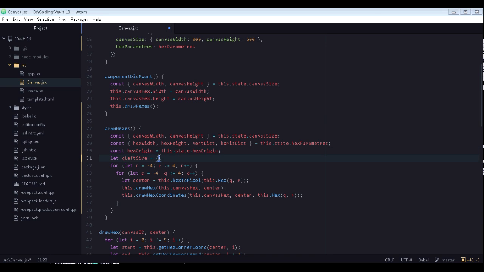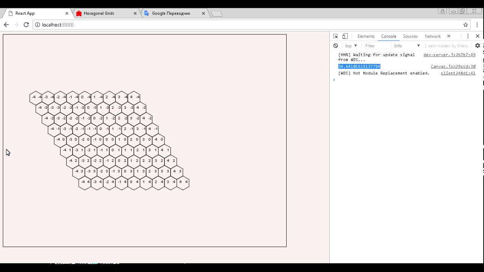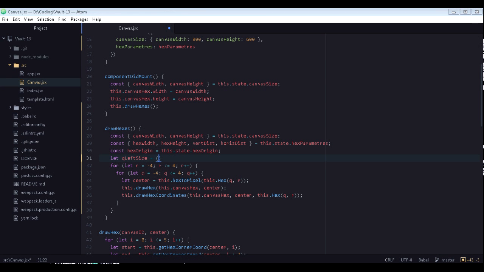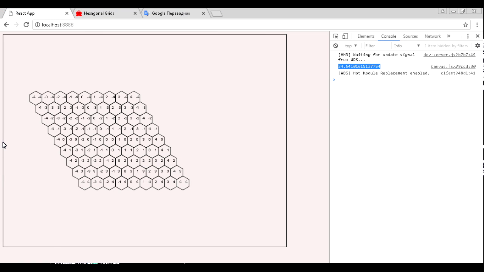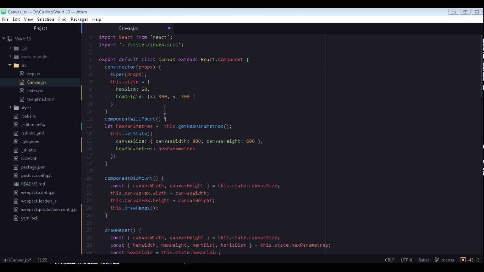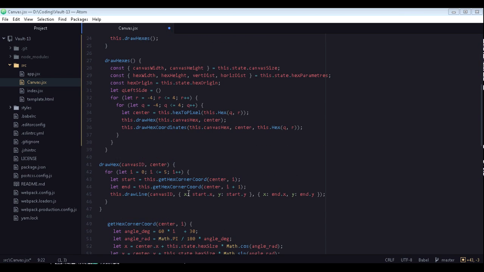So we created the hex origin variable, and actually hex origin is the distance between x0 and the 0 hexagon center, and it will be, for example, in our example 300. So we just type hex origin x,